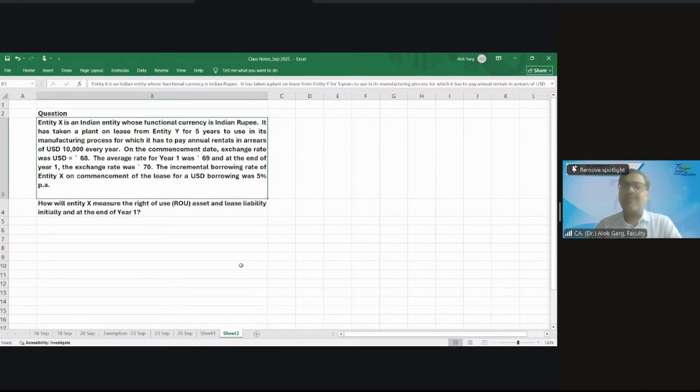Ind AS 21 is a counterpart standard of Accounting Standard 11. Have you covered AS 11 in your earlier curriculum, CA Inter, or in your articleship days? Yes, sir. The effect of changes in foreign exchange rates. Ind AS 21 also talks about this. For example, if you have entered into a foreign currency transaction, how you will measure that transaction into the local currency. This is an accounting standard concept.